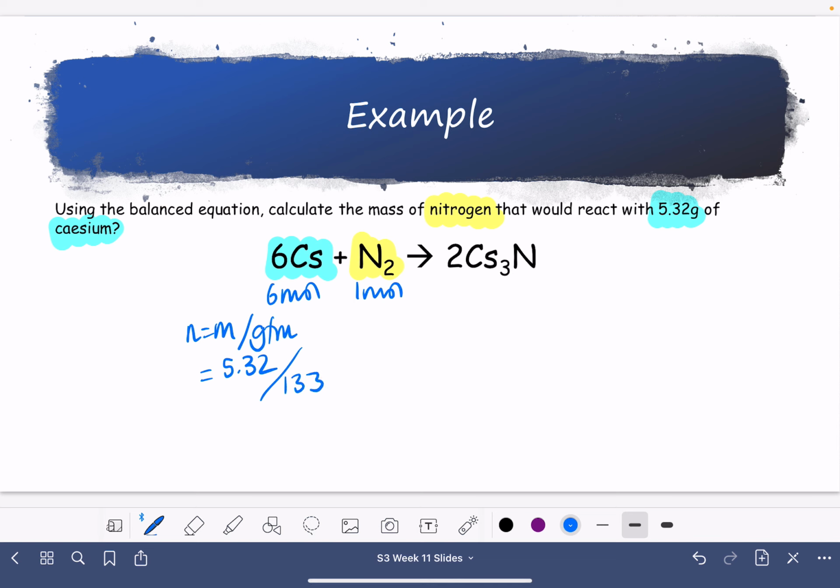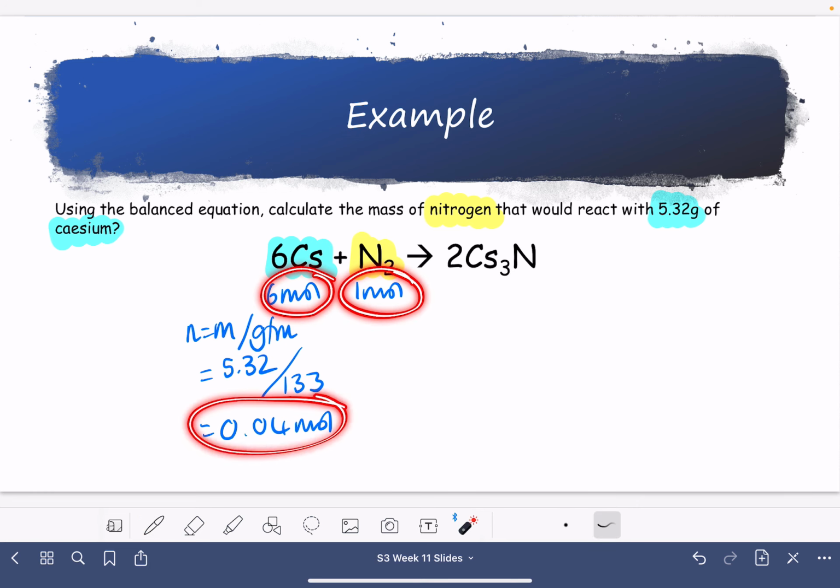So 5.32 divided by 133 is 0.04 moles. Okay, so if 6 moles react with 1 mole, then 0.04 is going to react with, well, we need to divide that by 6, don't we? We need to divide it by 6. 0.04 divided by 6 is